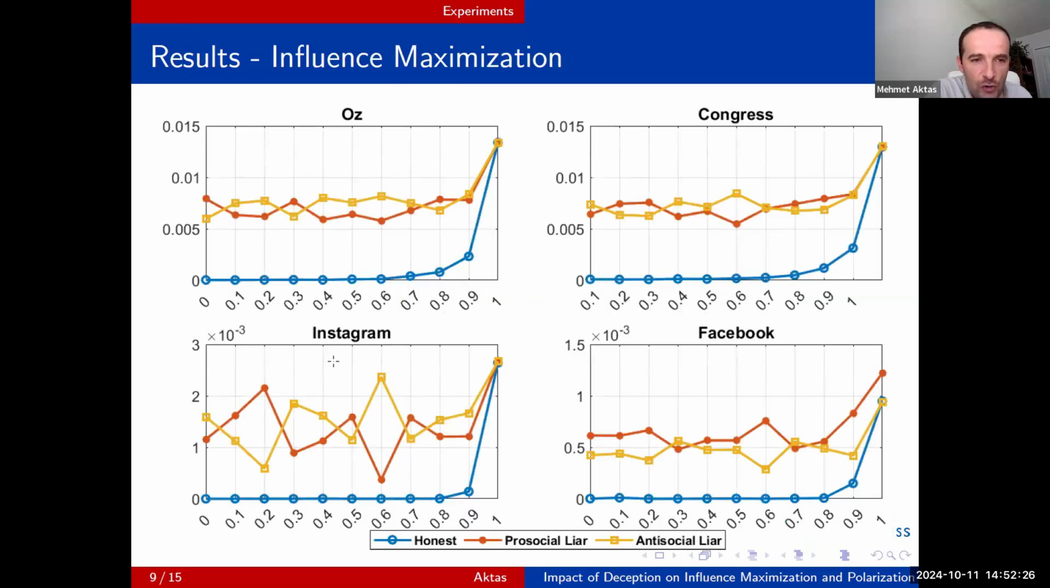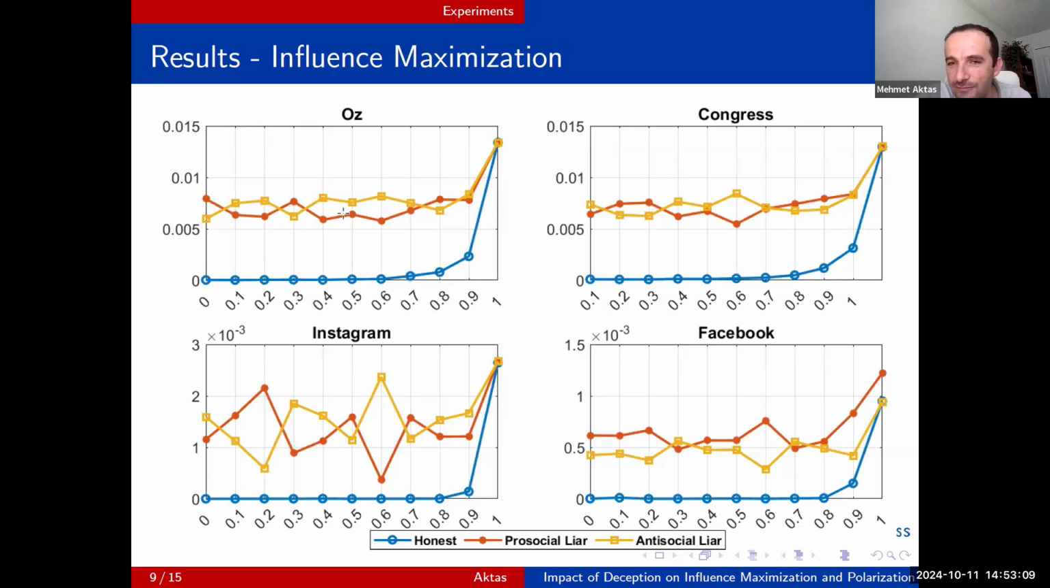And okay, these are the results. The x-axis is, as I said, the honesty parameter tau. Whenever tau is equal to 0, everyone is totally dishonest. And whenever it's equal to 1, everyone is honest. And the y-axis is the influence score. Having a bigger score means being more influential. If you look at the colors, blue is honest users, red is pro-social liars, and yellow is anti-social liars. As we see in all 4 data sets,